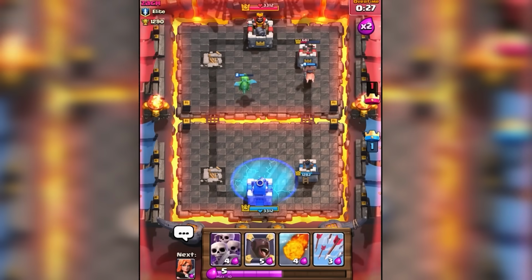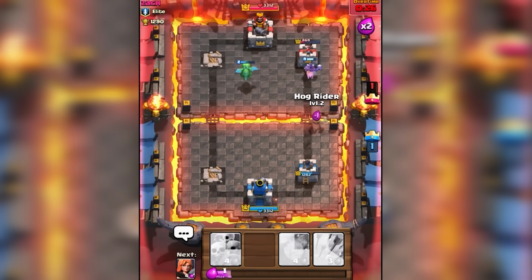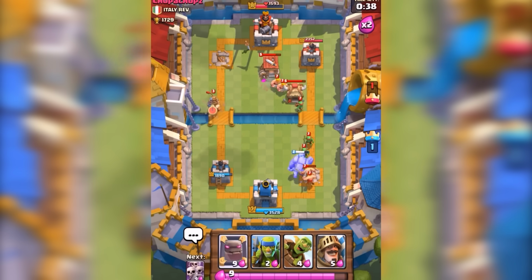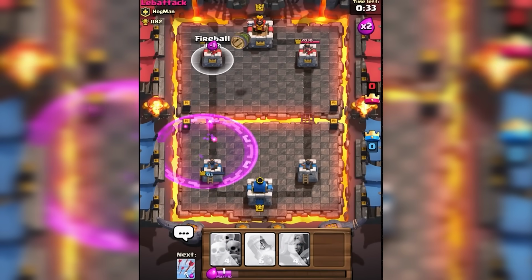As you can see from this clip on the screen, it takes the elixir but then gives some of it back instantly, essentially eliminating the penalty of playing the mirror. This was actually something I didn't know at all until researching for this video. I found out after reading the patch notes and by looking back at old footage. It seems like this wasn't just something that happened occasionally, it happened during every single occurrence that the mirror was